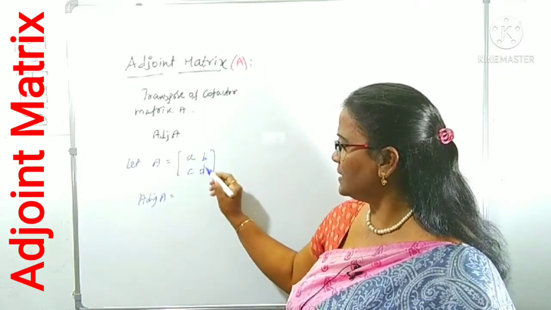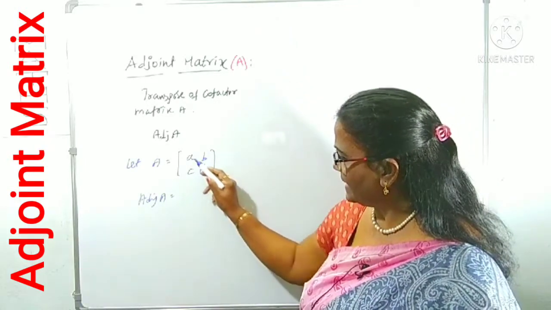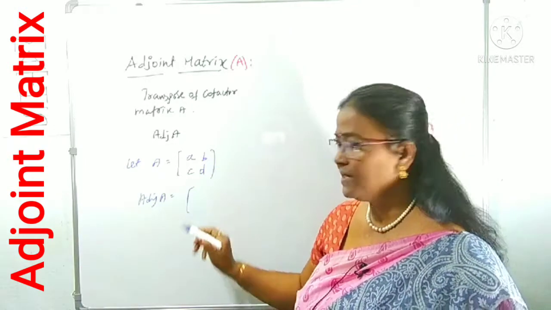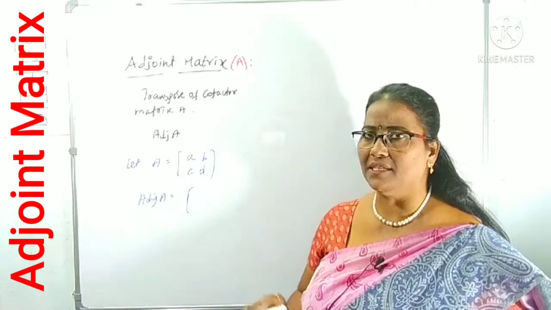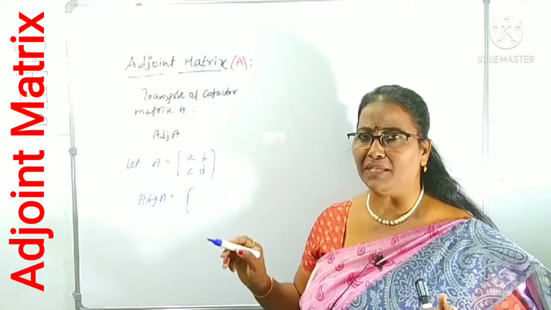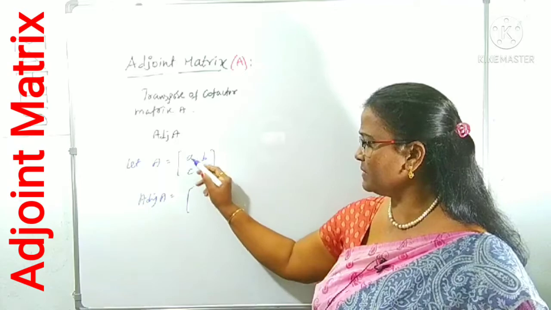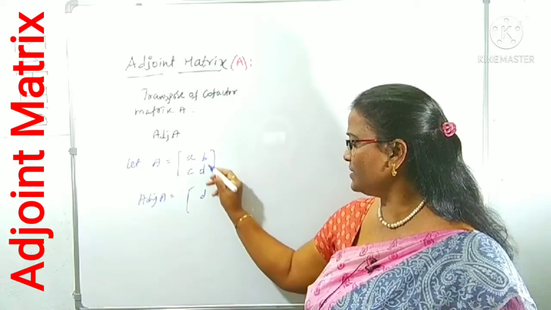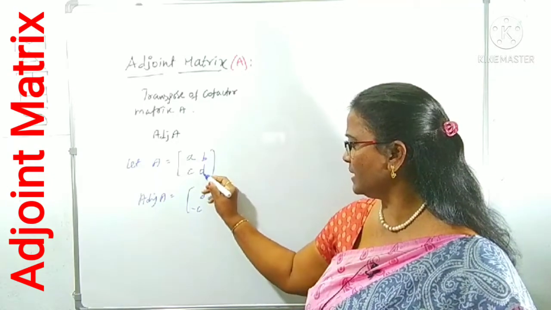ఇప్పుడు ఏం చేయాలి, దీన్ని సేమ్ ఎలిమెంట్స్ ఉన్నాయి చూడండి, 4 ఎలిమెంట్స్ a, b, c, d. a, d ని ఇంటర్చేంజ్ చేయాలి, అంటే a ప్లేస్‌లో d రాయాలి, d ప్లేస్‌లో a రాయాలి. And you have to change the signs of b and c. You have to change just signs of b and c, don't interchange the b, c. Is it clear? What you have to interchange, because in a place d, a place d we write, and we have to change the sign here, means minus b, minus c, and d place lo a.